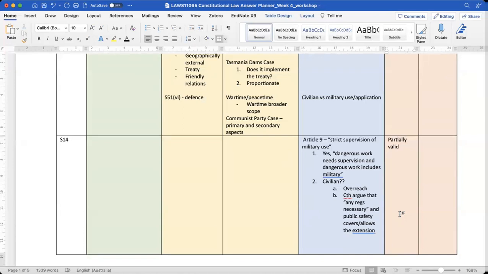Let's say that the Thomas and Mowbray argument is unsuccessful as well. That means that attempting to regulate the civilian use of these avatars wouldn't have a head of power to attach to, and so it wouldn't be a valid exercise of Commonwealth power. What the court would do in that instance is they would sever the invalid parts and they would retain the valid parts. So section 14 would just become